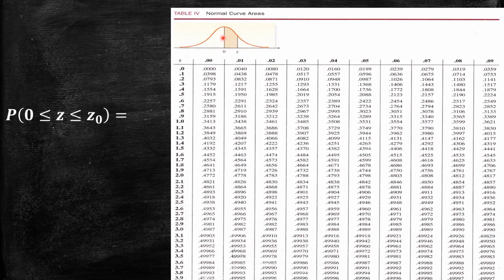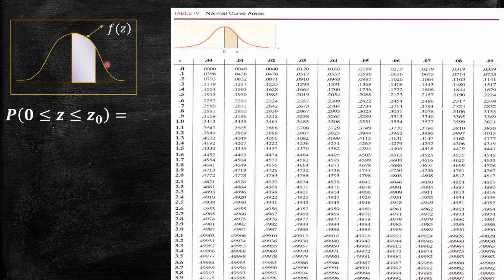So this standard normal table gives the probabilities for different values of z varying from 0 to any point z naught, which is the area under the standard normal PDF f of z between 0 and z naught. I denote it as A of z naught, which is the integral of f of z between 0 and z naught.